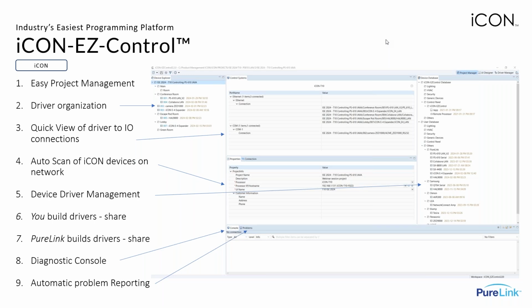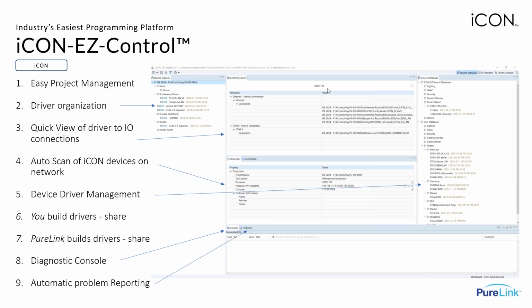That's on the right side of the screen. And on the far left side of the screen is your driver and device organization. So for each specific project, this is where those items will populate, and it will allow you to add as little as 1 or as many as you could imagine items to your project, and keep organization of when they were added, the last time they were updated, and the driver they're using in case you need to change or replace any aspects of it. Alongside that, in the middle here, which will be running through your central processors,